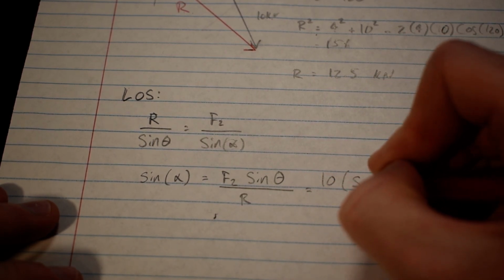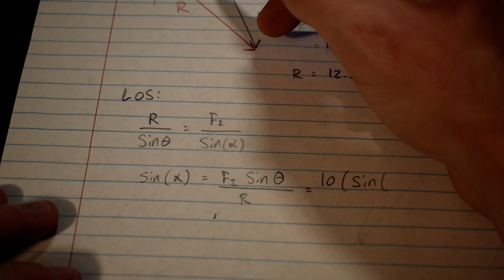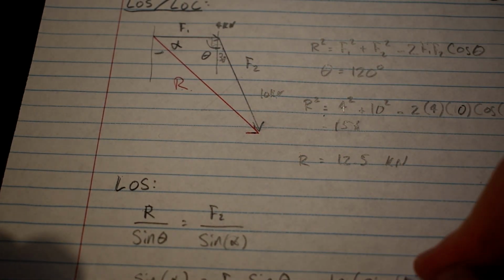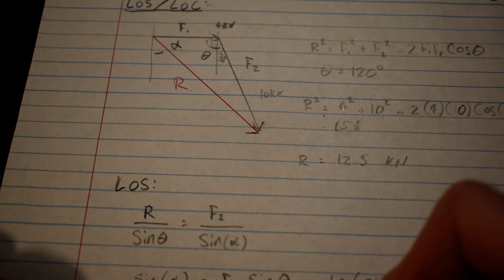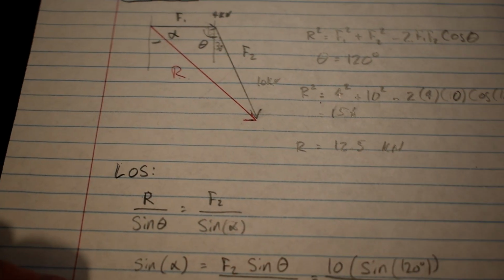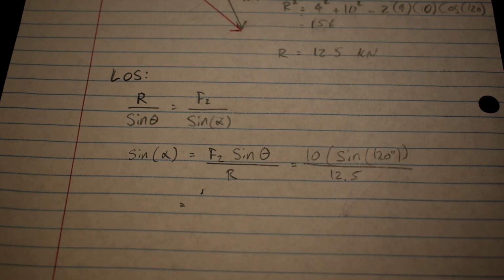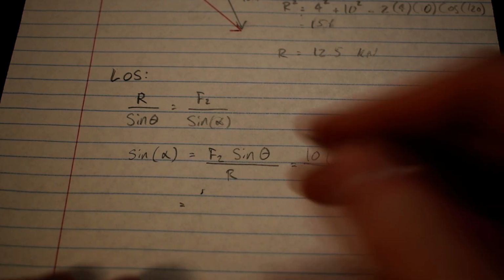We know that this angle, theta, is 120 degrees. So sine of 120 degrees divided by R, which we just calculated to be 12.5. So we run those numbers. 10 times the sine of 120 divided by 12.5 is